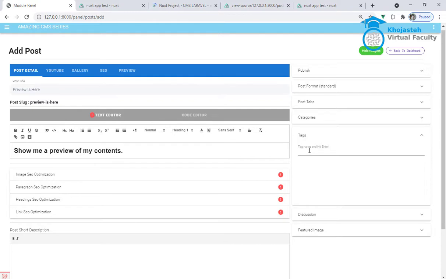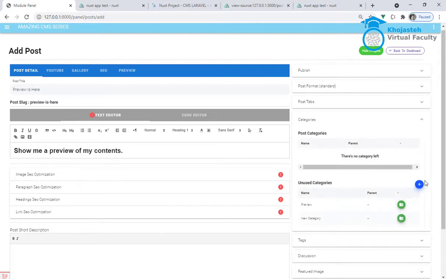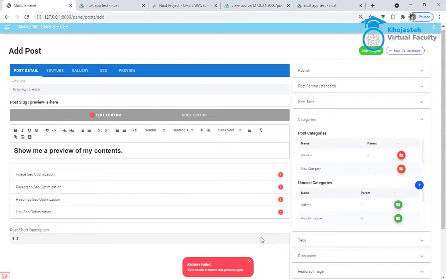There's a tag section, preview tag. Then there's a categories section. I can apply categories for this post. I can create a new category. This error should be related to my session, since I guess I'm logged out. Yes, if I try to log in,